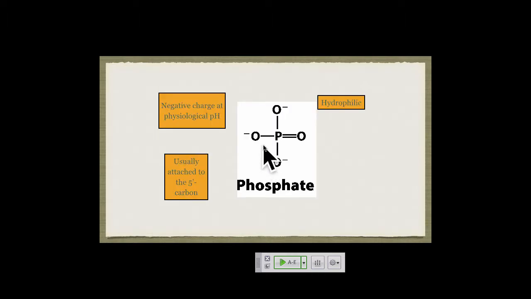And then on the phosphates, we have the phosphate, 3 negative charges at physiological pH. So DNA and RNA is a net negatively charged molecule. One of the things we'll have to think about: what happens when you have like charges? They repel. You guys took physics, right? At least in elementary school. So you've got these two strands being held together, but if they're negatively charged, they're also beginning to repel each other. Later on, we'll have to talk about how the cell deals with neutralizing this negative charge on these nucleic acids.